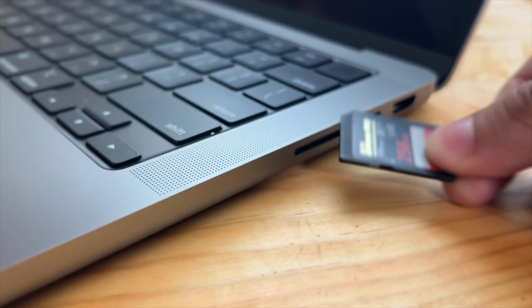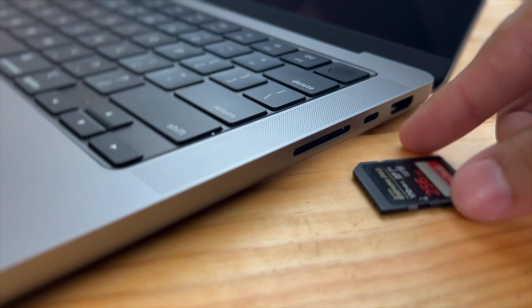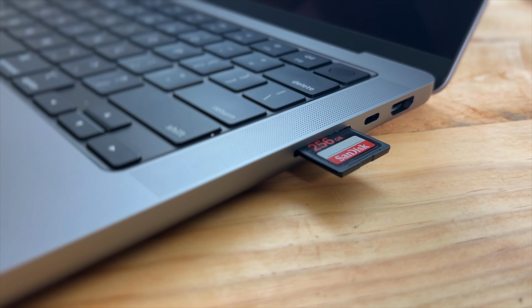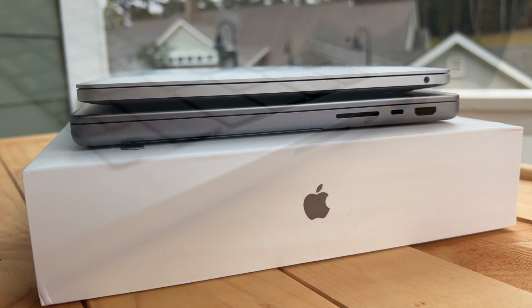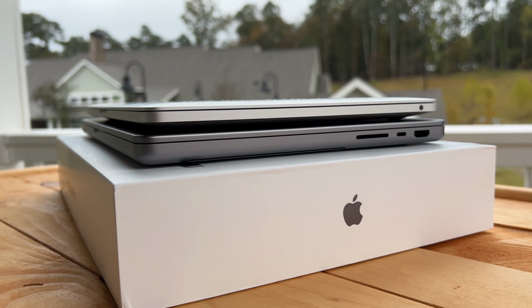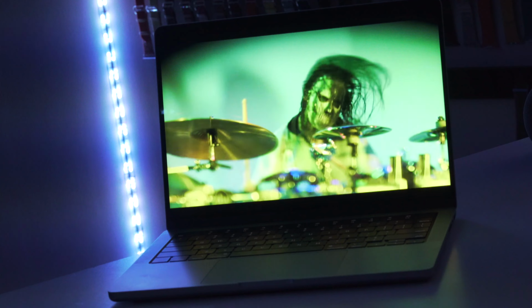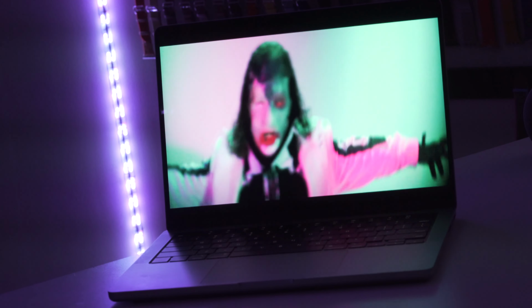Before, Apple for some reason thought it would be a spectacular idea to remove all these ports and nickel and dime us to death with these dongles, and it's just absurd to me that we paid so much money before for the Intel Pros just to have to fork over even more cash to fully take advantage of the hardware. This is obviously a step in the right direction, and on the left hand side, don't worry, I didn't forget,